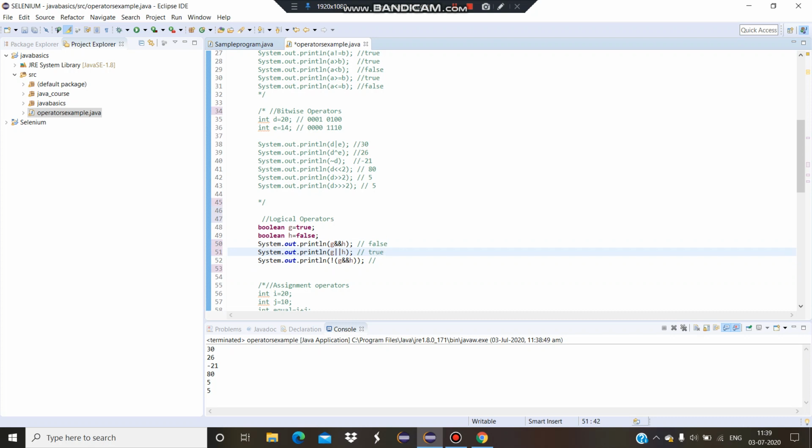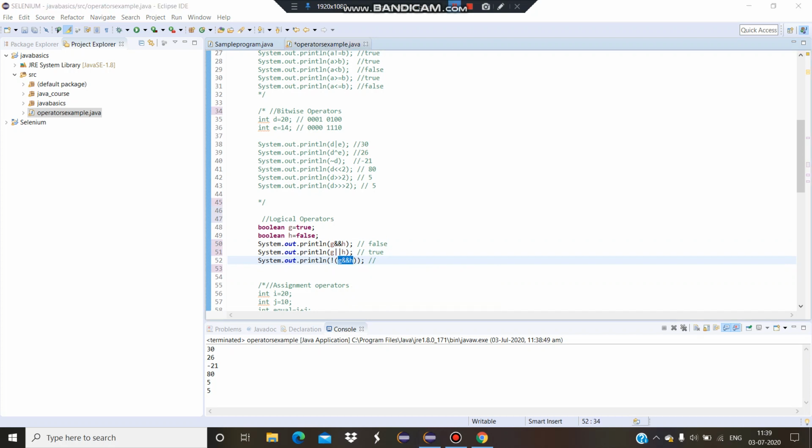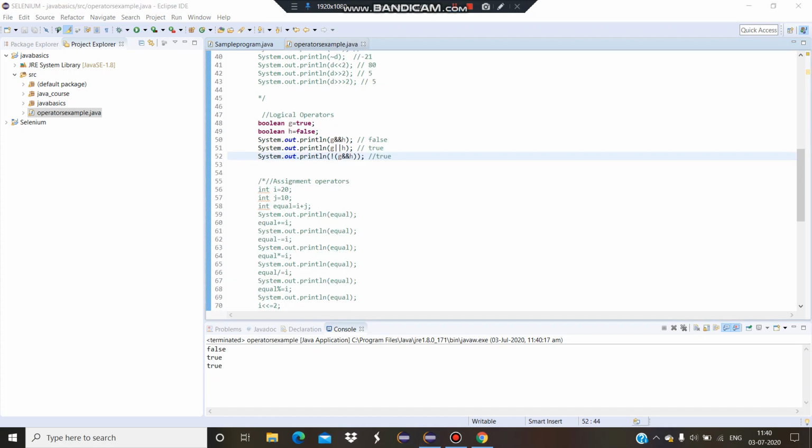The next is the XOR operation. The result that we are getting inside, it will give me the reverse of this value. So inside I will get false, but the reverse of it will be true. So here is the output for this.